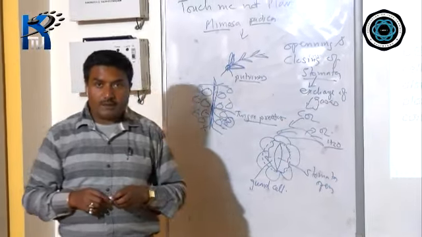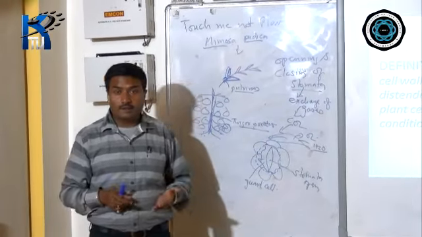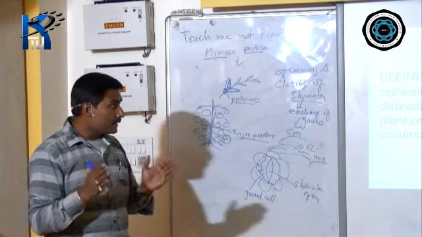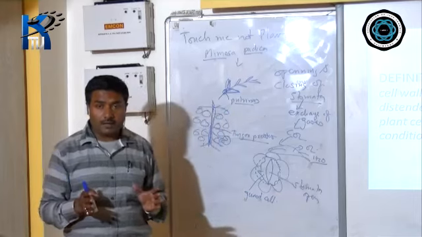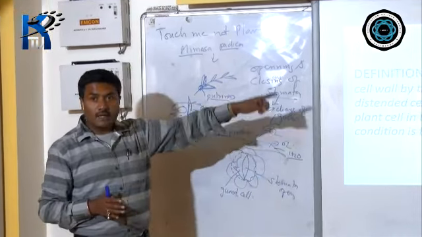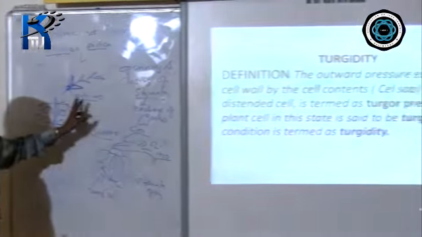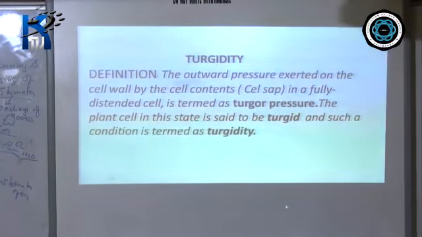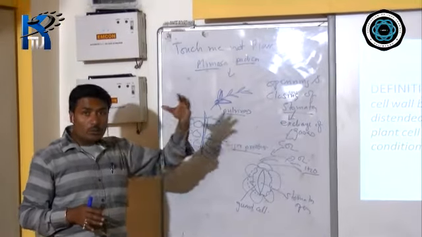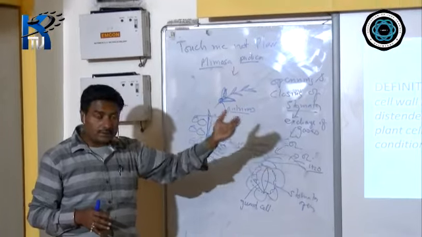So sometimes in the examination the question comes: what are the importance of turgidity? The firmness in the plant, the shape of the parts of the plant, that is the leaf, root, the flowers, each and every part is due to turgor pressure, and to remain in that state you call it turgidity. Second point is that it also helps in the germination of seed. At the same time, opening and closing of stomata is due to the turgor pressure, due to turgidity.